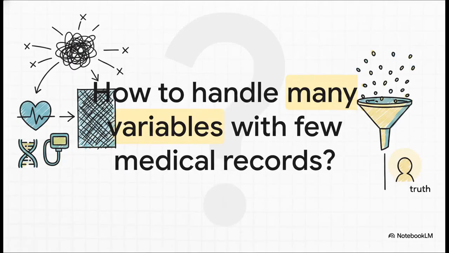I want to leave you with a real-world scenario to think about. Imagine you're working with a medical data set. You've got thousands of patient variables, blood pressure, genetic markers, heart rates, but only a very limited number of actual patient records. We know now that feeding all of that directly into a model is a guaranteed recipe for overfitting and total failure. So, armed with what we've covered today, how would you personally extract the signal from the noise when patient lives are actually on the line? Think about how you would apply dimensionality reduction to find the truth hidden inside that data.